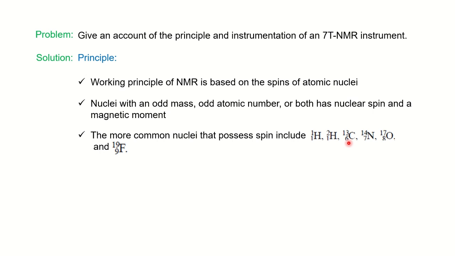So if we talk about carbon 6, carbon 12, that is NMR inactive because both are even there. Okay, that's why we study carbon 13. Similarly, you can notice here 8O17. 17 is odd here. If you talk about the normal mass of oxygen, it is 16. 8O16 will be NMR inactive because both are even. And you have 9F19 fluorine, both are odd. So, all these nuclei are NMR active and will behave like a magnet and will possess a nuclear spin.